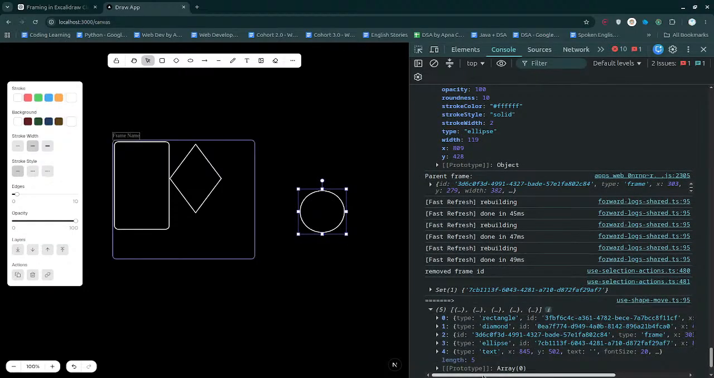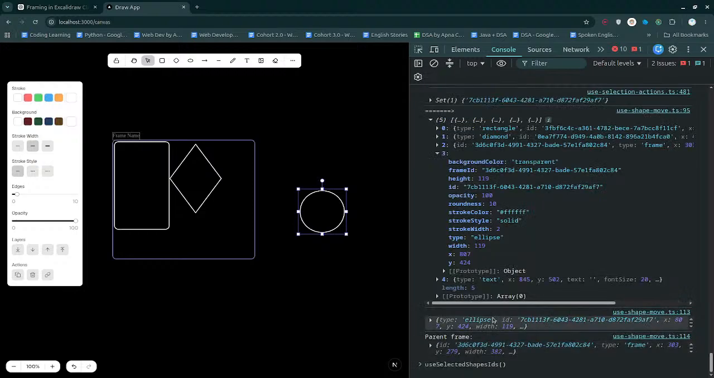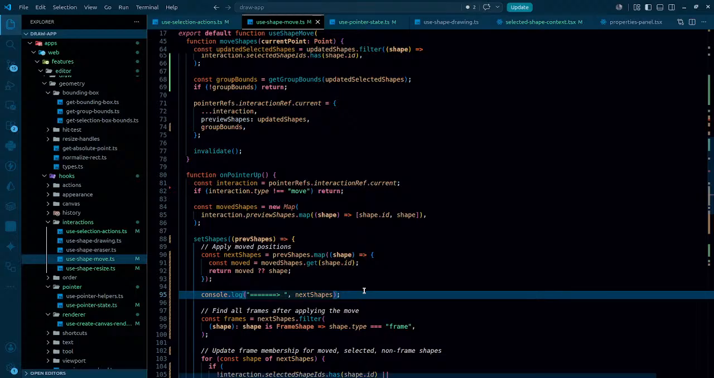We have 4 shapes over here. The last one, we even have the text. What? Type text. Probably I got it by mistake. Never mind. So we have this ellipse here, and it has the frame ID. So the ellipse has the frame ID because